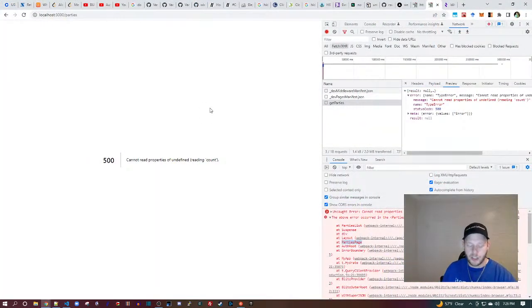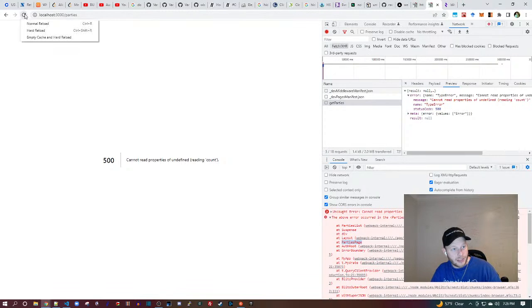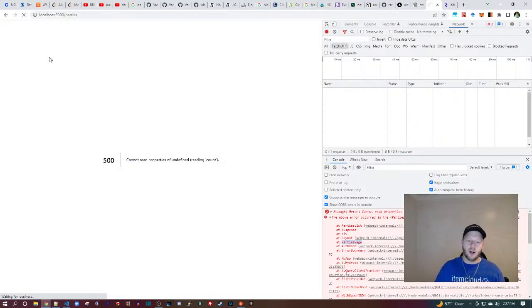Okay, so it looks like the local dev server is up and running. So remember, here's the old 500, and I'm going to take it up a notch. I'm not just going to refresh. I'm going to right-click, empty my browser cache, and hard reload to get all fresh static files from the server.